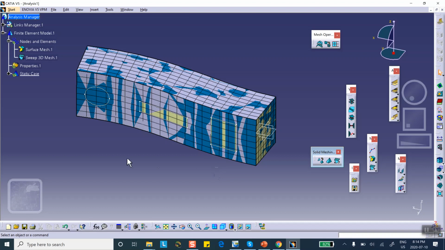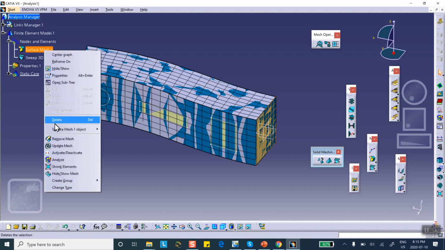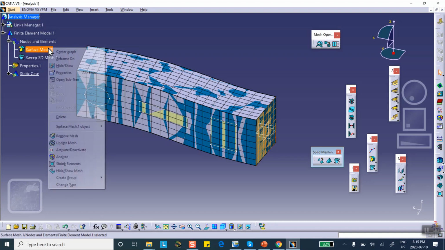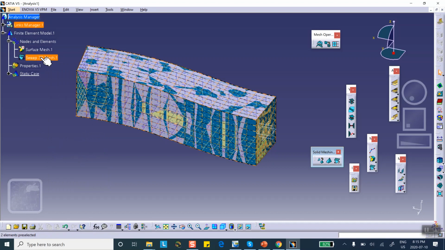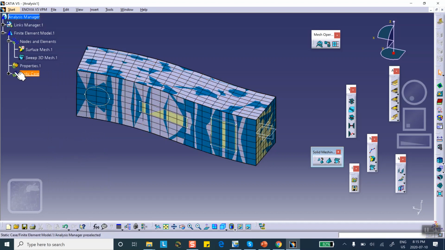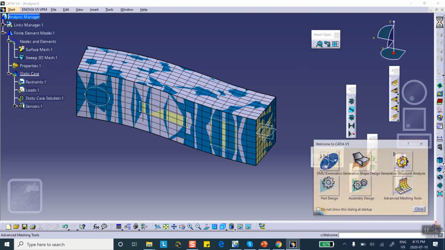right now. Okay, now make sure that first of all you deactivate the surface mesh. The sole purpose of the surface mesh was to be able to sweep it. Once we are done, we're going to deactivate it. You put the cursor on it, right click, deactivate. We no longer need it. The other thing is that these elements that we created, notice that there is no properties associated with them. Properties is none. So you go to the generative structure analysis,